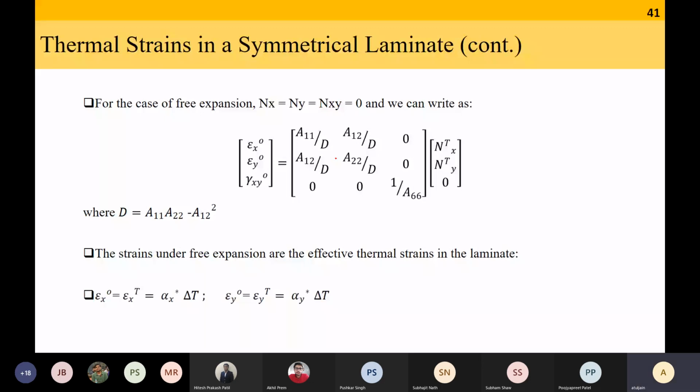But we can also say that epsilon x naught is equal to the effective thermal coefficient times delta T in this case. And similarly, we can have the expressions for the effective thermal coefficient in the y direction. So by looking at this equation and this equation, can you tell me what is the value of